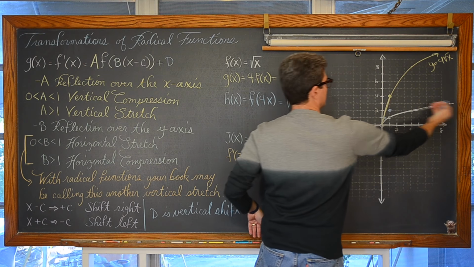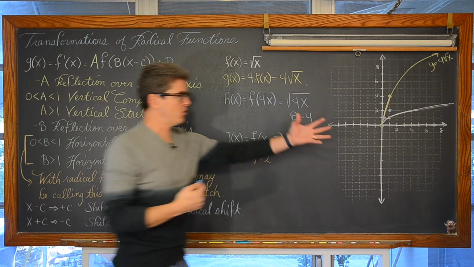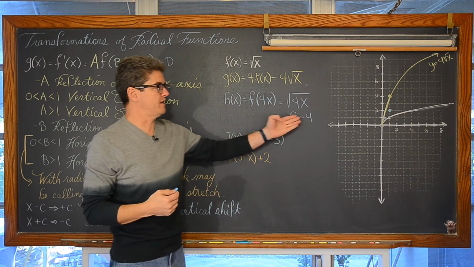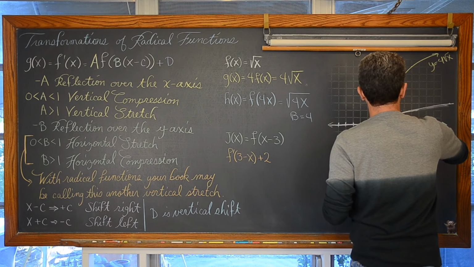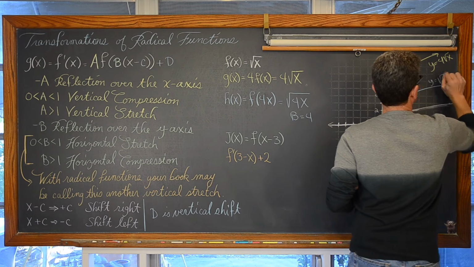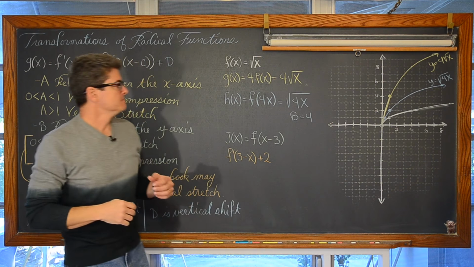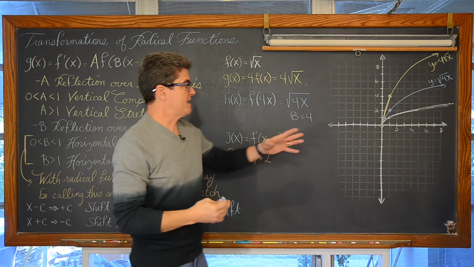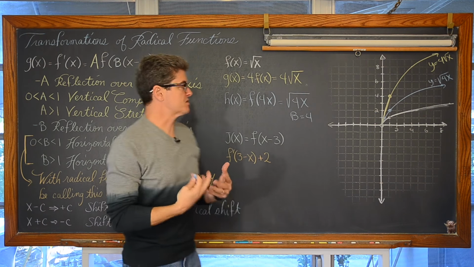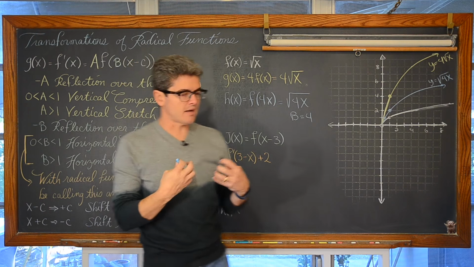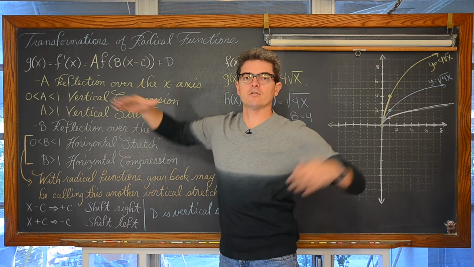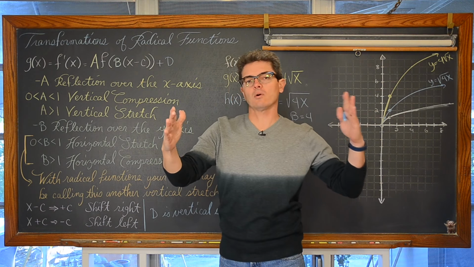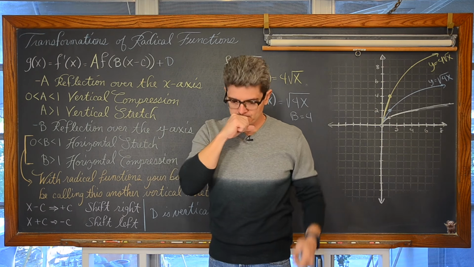All these points are getting pulled in towards the y-axis by dividing each of those distances by 4, and the graph is going to look, again, this is just a sketch, something to that effect. And with a lot of transformations, that is how you have to look at this transformation. And I always tell my kids, if you have a coefficient of x that's inside the main math function, it is a horizontal compression or stretch.